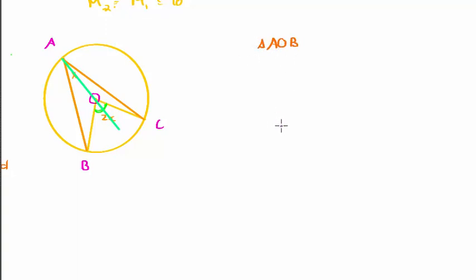Okay, so let's just first work in triangle AOB. Can you see that I extended AO? Okay, so let's extend it to D, just so that I have a way of referring to the extension. So I must say construction. In my proof, I tell them what I constructed. Construction: AO extended to D.